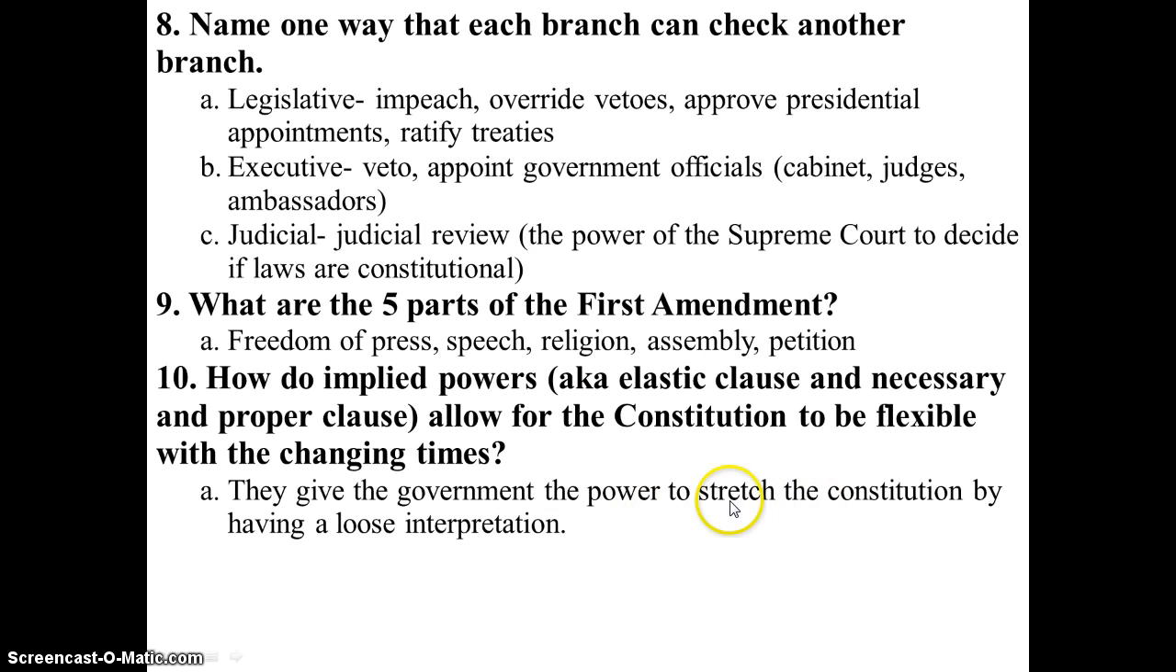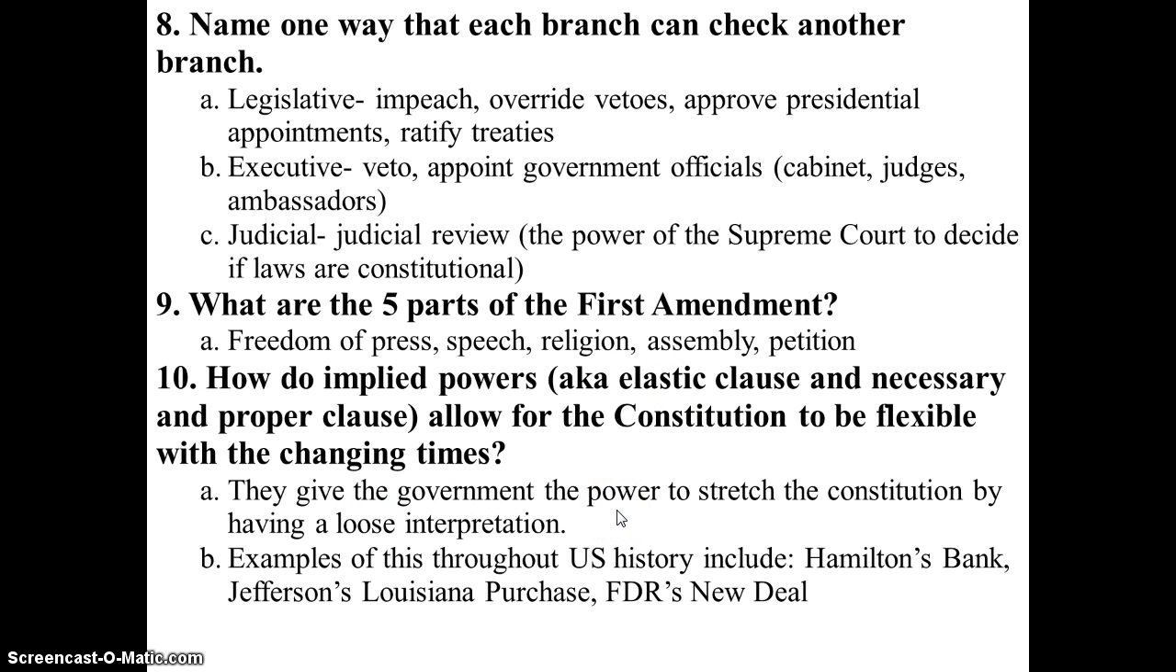You can stretch the Constitution with this loose interpretation. So think of loose with my elastic sweatpants. Don't think about it. It's kind of gross. Some examples from throughout history where people have used implied powers, aka the elastic clause, aka the necessary and proper